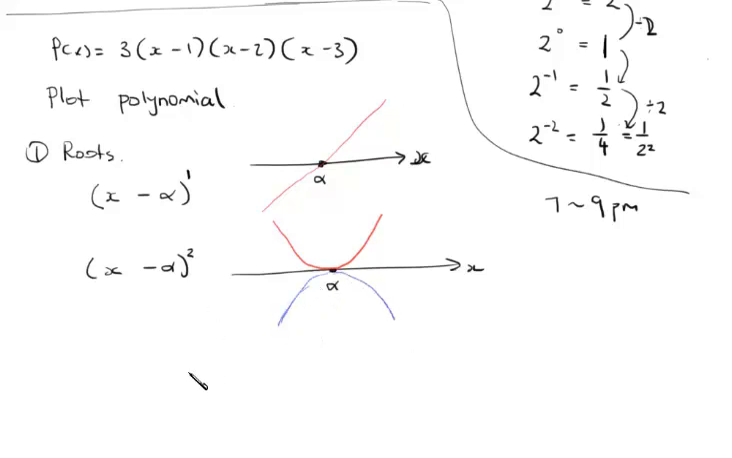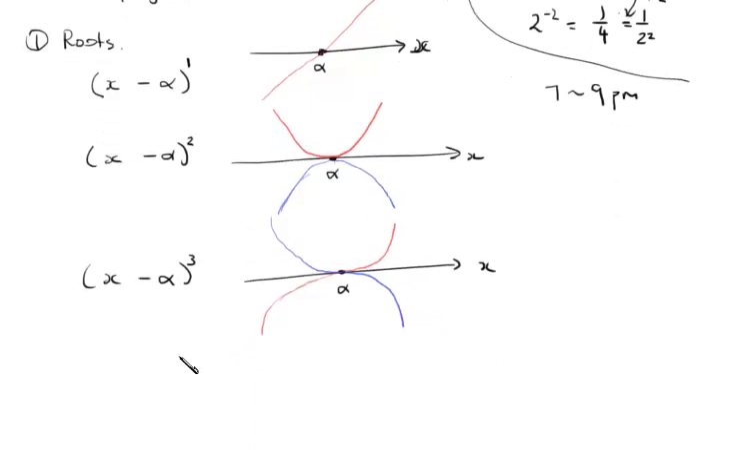Now, if you have x minus alpha to the power of 3, then it will still go through the alpha, but it'll become flat and then go up like this, either like that or like this. So that's what we learned on Friday. That's just a revision for some of you. And number 2,